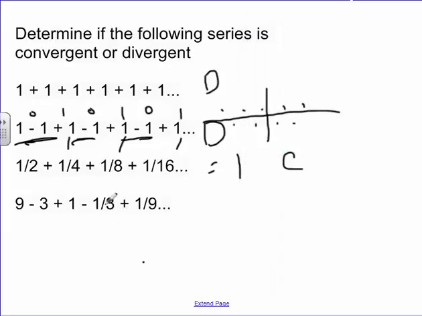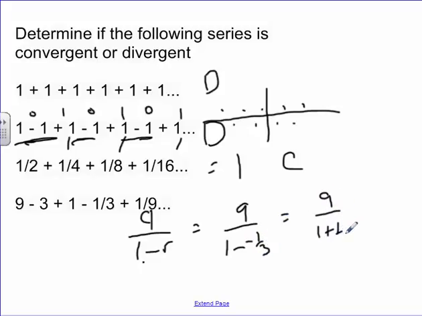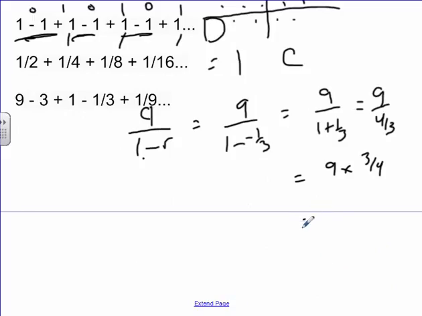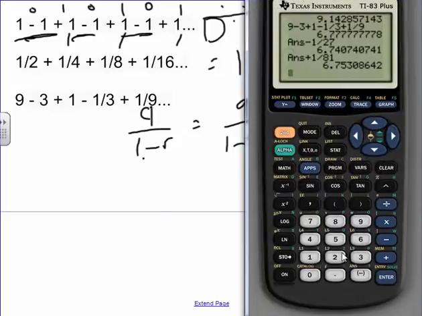So the formula, if we wanted to make this go to infinity, is a over 1 minus r. First term is 9, and it looks like my pattern is negative 1/3. My ratio is negative 1/3. So it means I need 9 over 1 plus 1/3, which is 9 over 4 over 3, which is 9 times 3 over 4, which is 27 over 4,